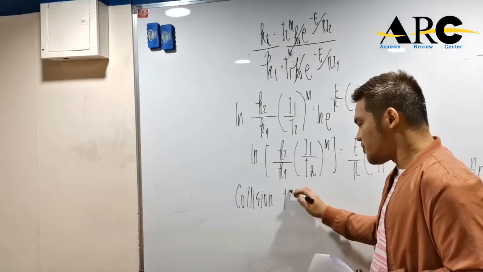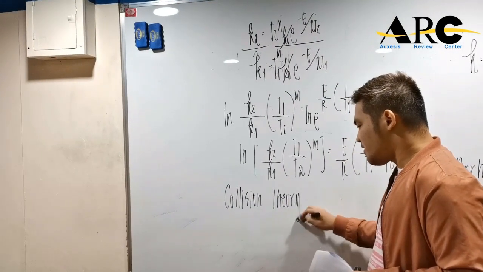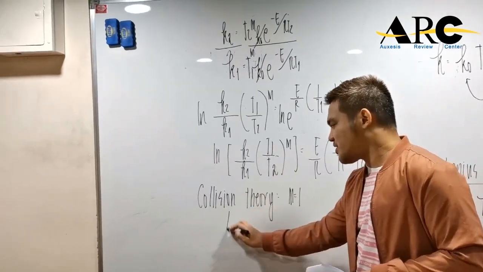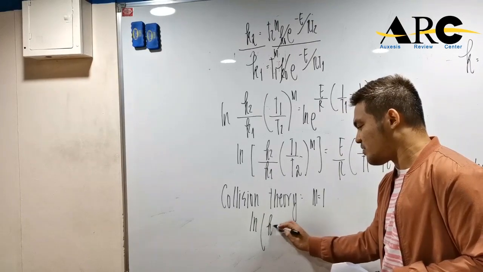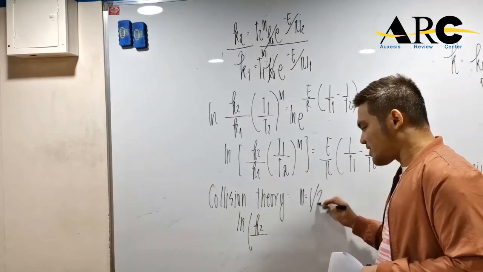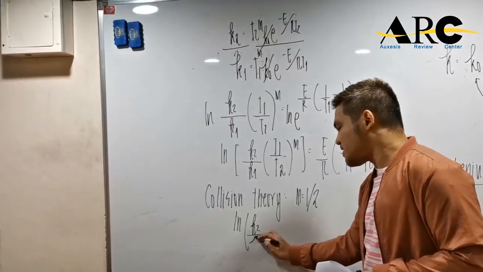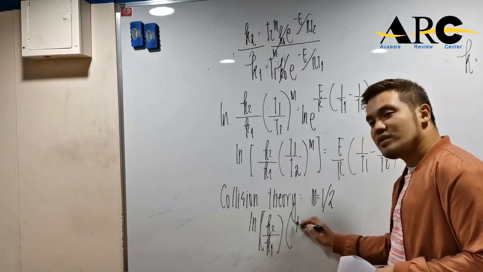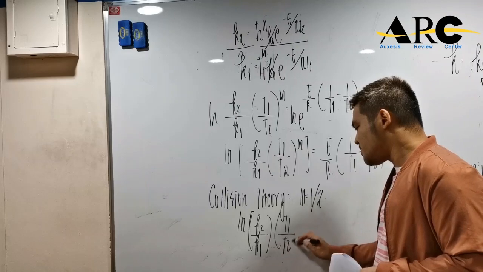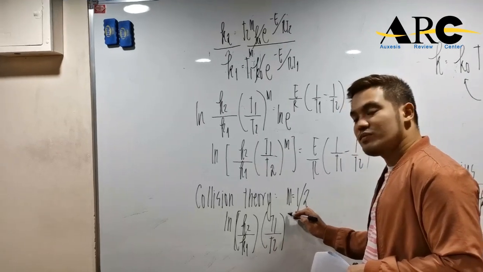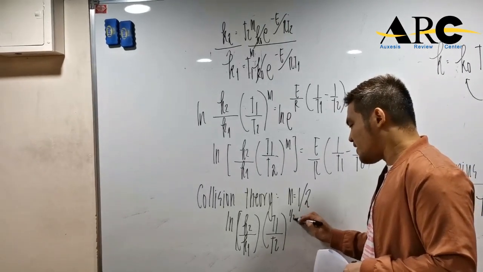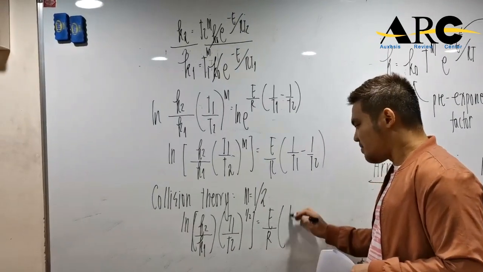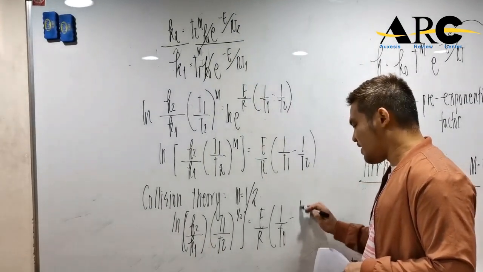So, for collision theory, ang value ng M natin is 1/2. Kaya kapag sinubstitute natin, ln K2 over K1 times T1 over T2 raised to 1/2, which is equal to E over R times 1 over T1 minus